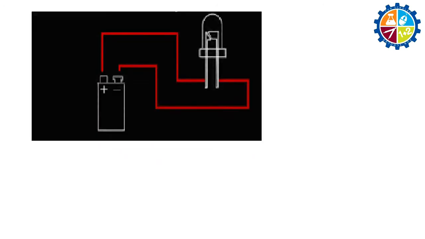Before proceeding into that, let's consider a small example. Let's say I have a 9 volt battery and I'm connecting an LED with this particular battery. If I connect it in this way, this LED will get damaged. Why is it happening? Because we are providing more current than the current withstanding capacity of this LED. So we definitely need a circuit element which is capable of controlling the flow of current.